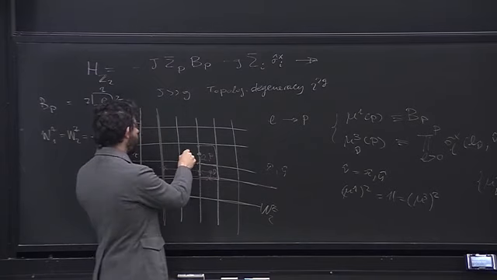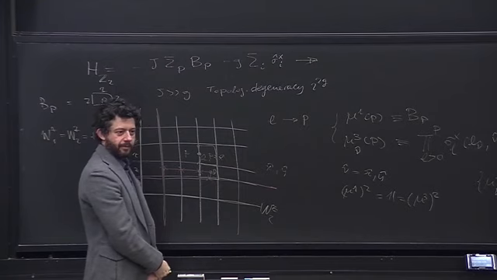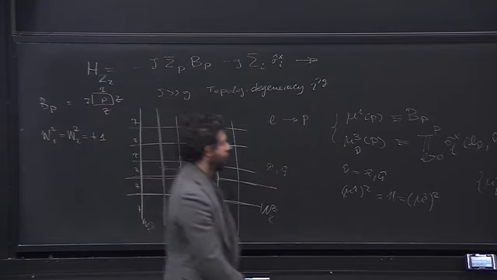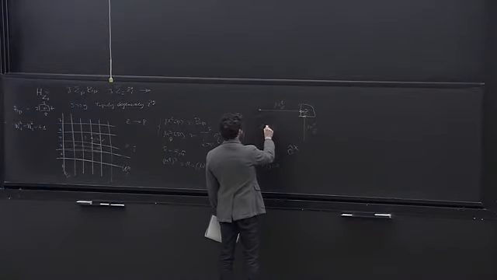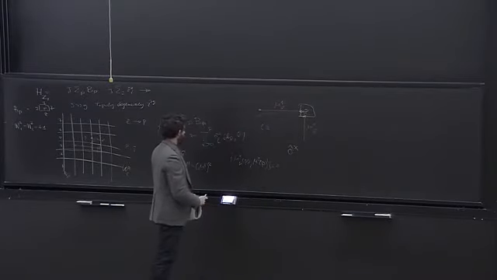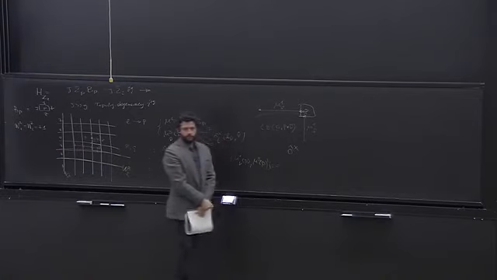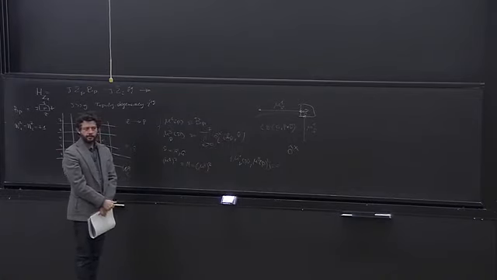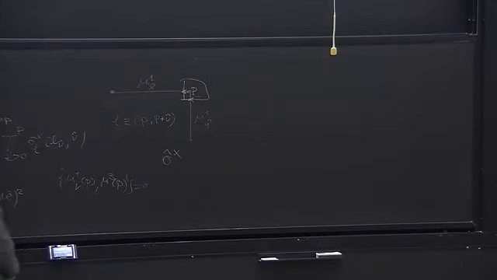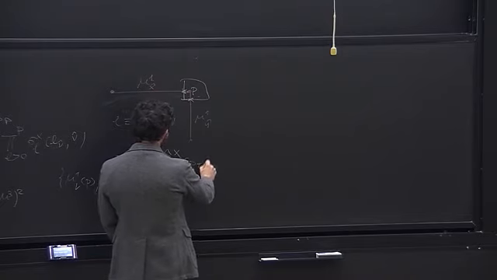Following our conventions, this is the plaquette P, and this is the plaquette P plus x, right? So in general, any L can be written like P plus nu. So notice that sigma x on the link L, on this link P plus nu,